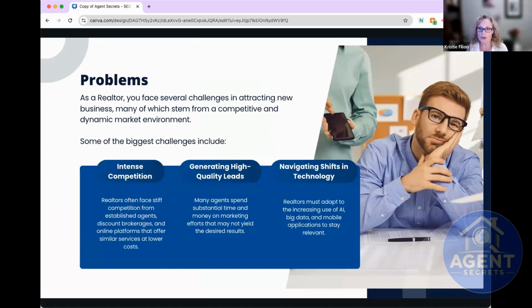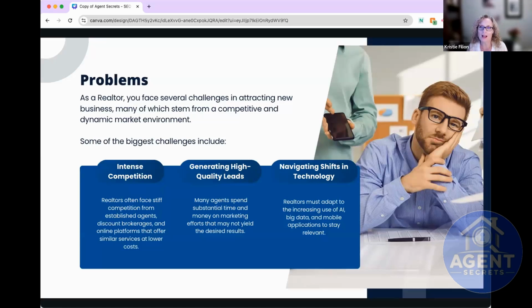What I also like to emphasize is that we're very well aware of the problems that you face as a real estate professional. There's a lot of competition now more than ever. It's hard to generate high quality leads, so you can spend a lot of money doing things that don't really work as effectively as you would like. And there's always changes in the technology, changes in the platforms.